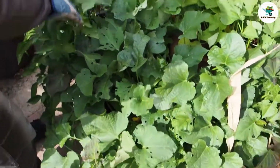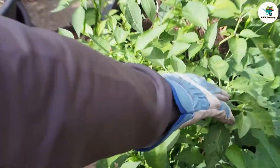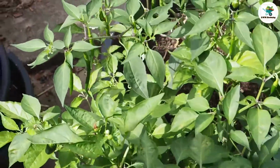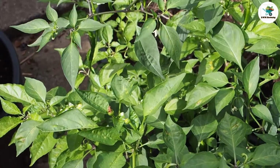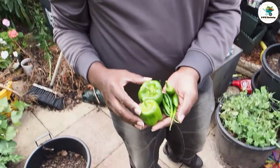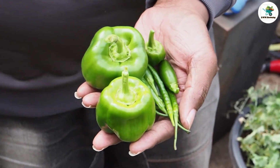So hopefully my peppers, you see I've got quite a lot off of these, and I've given a lot away, so I'm just going to pick some of these ones off, then I'll be back with you in a minute. So these are what I've picked off. I'm going to leave the rest to get a bit bigger and a bit longer,